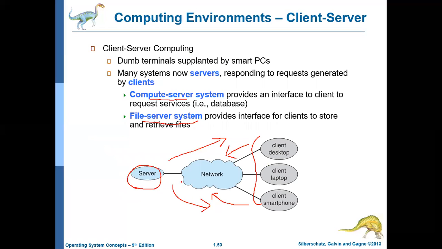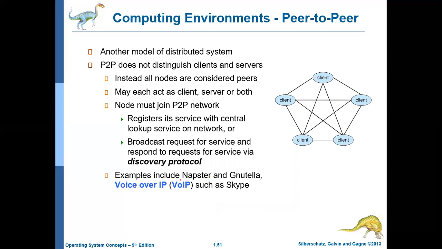So there may be different types of servers, and the client may request any of the servers for providing a particular service. Such an environment is called a client server environment. The next environment is called a peer-to-peer environment. In a peer-to-peer environment, we will not have anything like a client and a server. Every computer will be considered an equal peer, and every computer may act as a server or a client depending on the requirement.